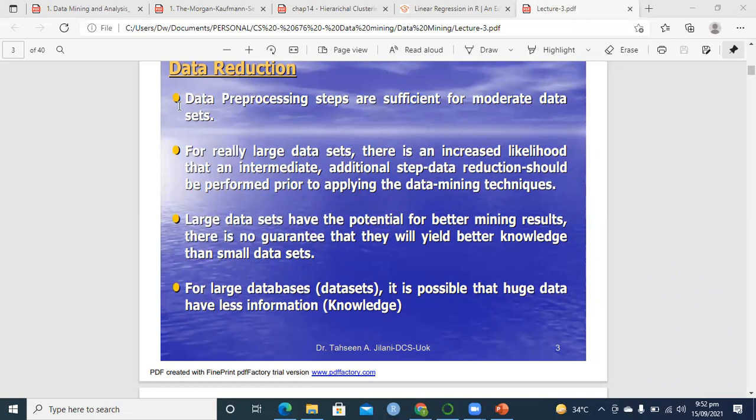When one column is generated by other columns, you cannot calculate the inverse of that matrix. And if you cannot calculate the inverse of a matrix, you cannot do any good data mining approach on that data set. So this is a limitation. If you want to do good data analysis or data mining, you must reduce the number of variables. Otherwise, it will create problems in the next stages, and it will even be very difficult for the management or the researcher to understand your results. So that's why it is a must.